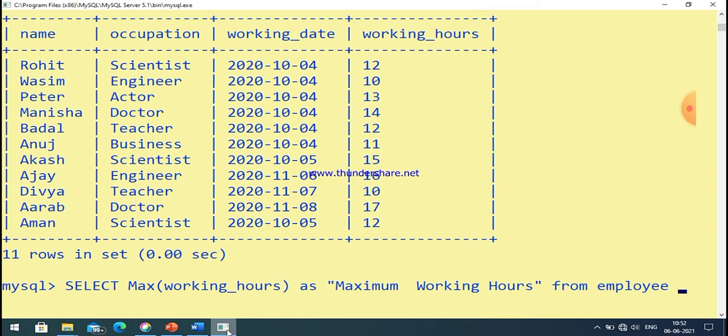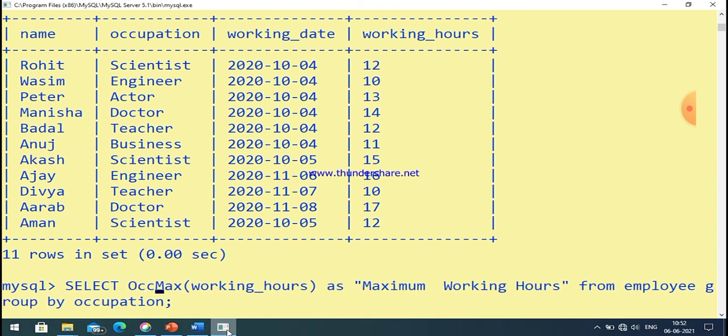Let us make it simple first: from employee, and then group by occupation.